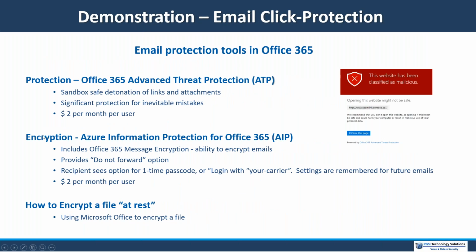So I'm going to do a demonstration that includes how do we encrypt an email and a separate feature that I'm going to talk about here that is probably the single most important. If you're an IT person or if you're making decisions about email for your organization, pay attention to this. We recommend every client use Exchange Online and Advanced Threat Protection for this reason. Exchange Online, which comes with Office 365. So Exchange Online by itself is $4 a month. Takes care of your email. You add this $2 a month fee, so you get a total of $6 a month you're paying for each email address, and it includes this threat protection.